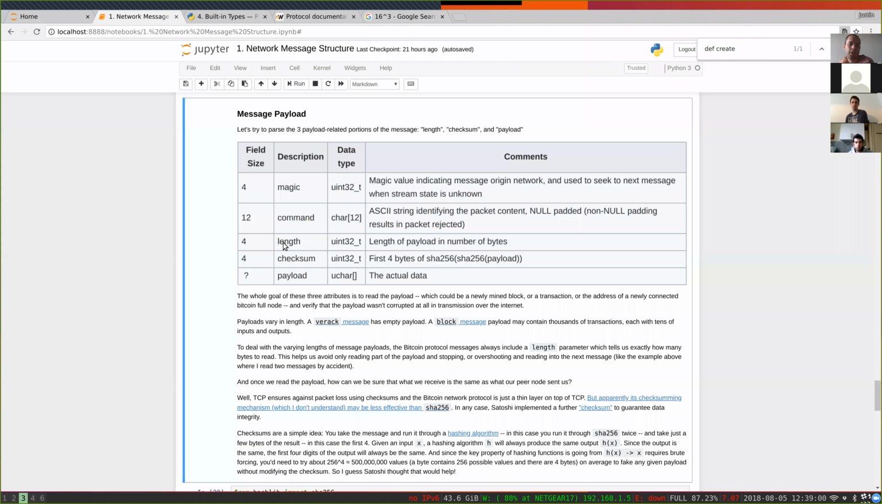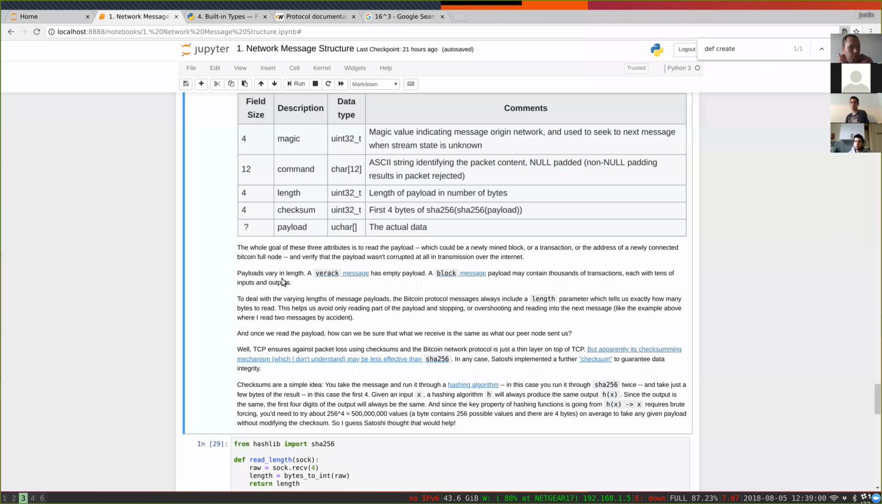Length is how much do we need to read. Payload is you read that many bytes and get it. And then checksum is, let's just make sure that the message wasn't corrupted when it was sent over the internet, you know, because you can lose bytes and stuff like that. And so I'd say you can read this yourself. I go through a little bit of